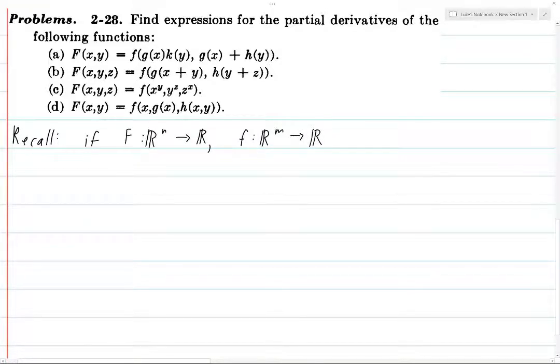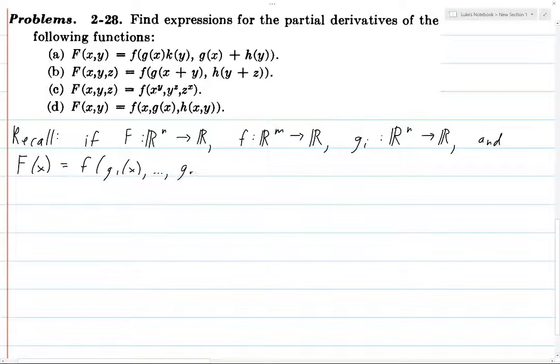So if we have capital F, lowercase f, and g_i from R^n to R, and F(x) is f of g1(x) through gm(x),